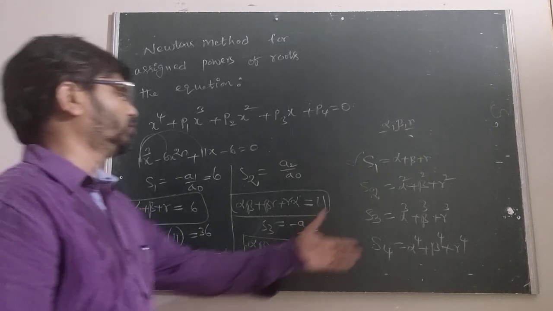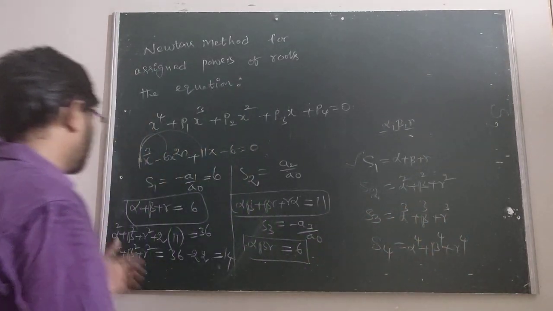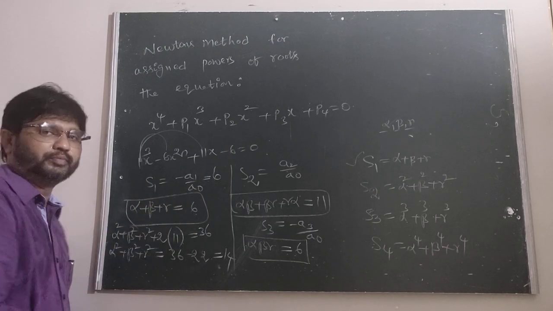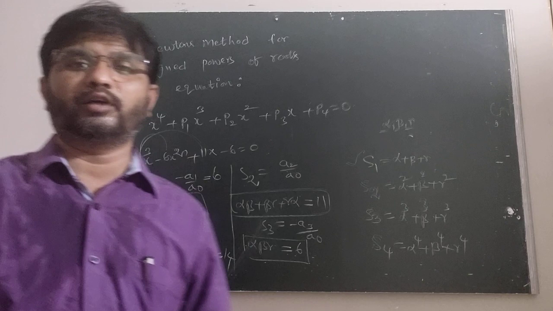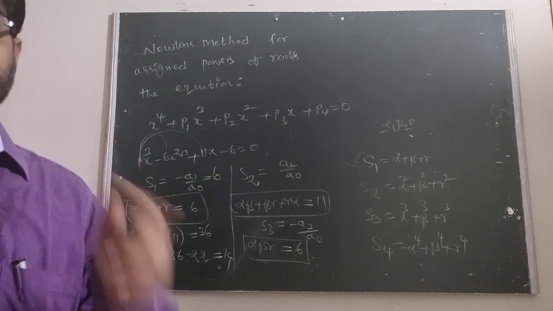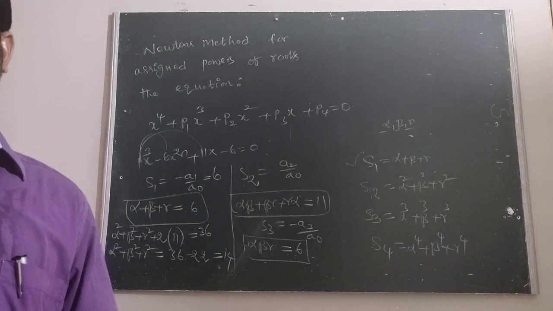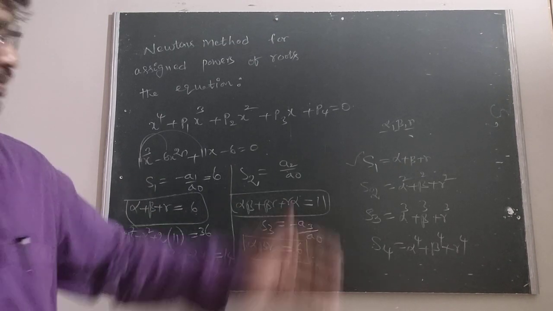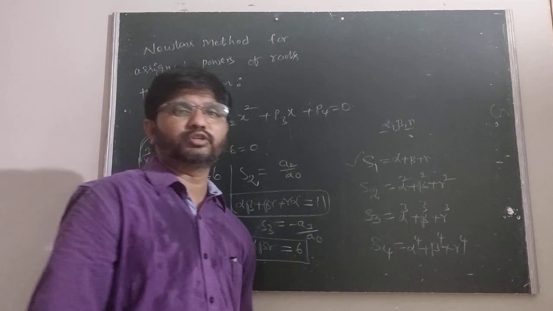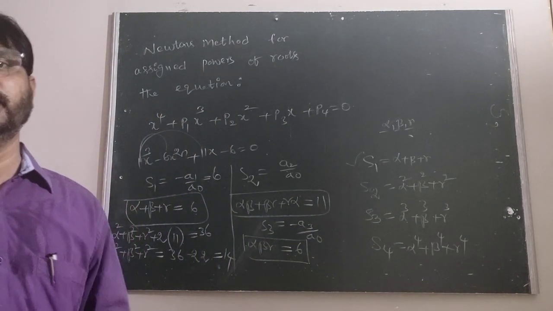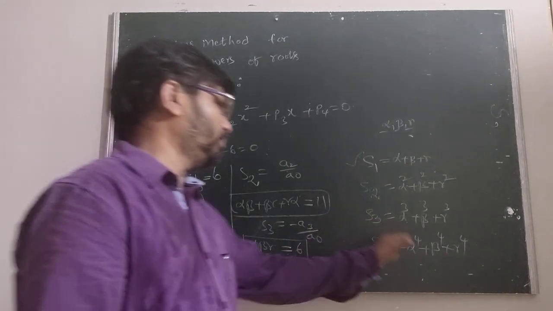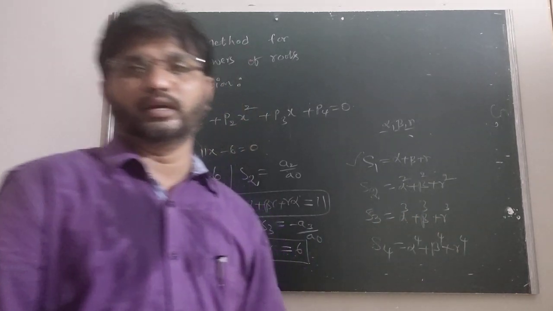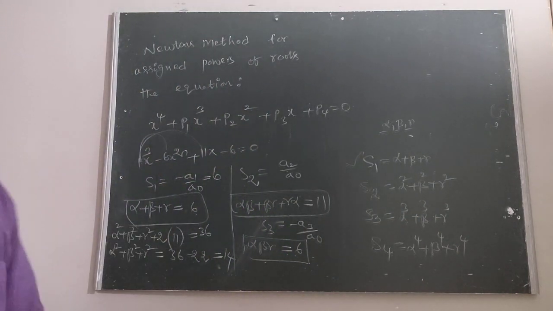After that, alpha cube plus beta cube plus gamma cube. Suppose alpha plus beta plus gamma equal to 6, then cubing on both sides will be very difficult. We don't know the formula for a plus b plus c whole cube, but we know a plus b plus c whole square. A plus b plus c whole cube you don't know, but a plus b whole cube you know. Furthermore, it is S4, and how do we solve that? We are trying to find alpha power 4, beta power 4, gamma power 4, or alpha cube plus beta cube plus gamma cube. So we have to use a method.